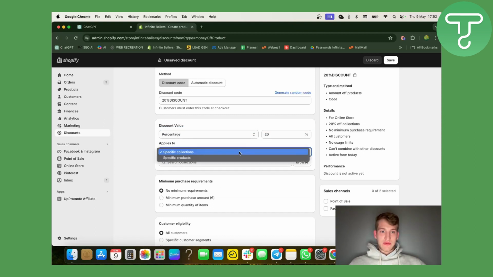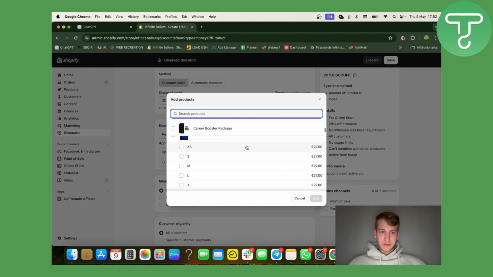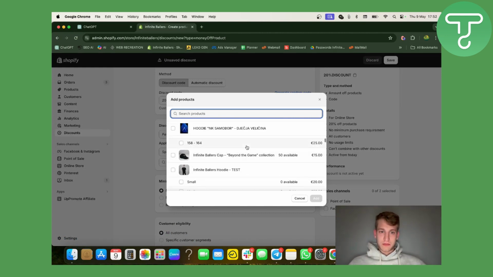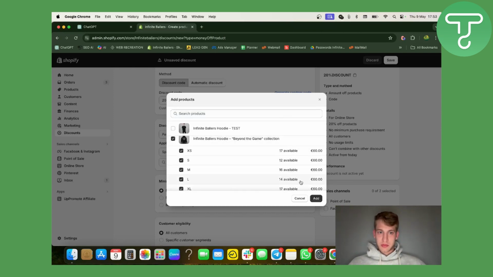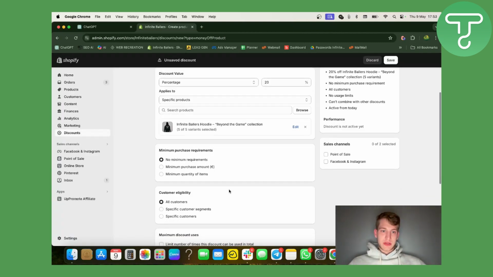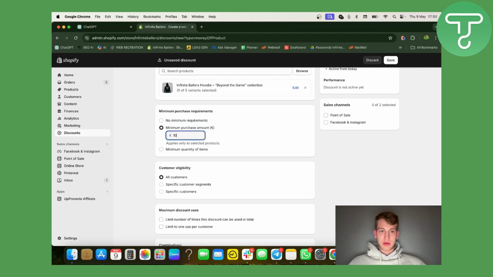We can apply it to specific collections or products, and we're going to do it for a specific product. In this case, I'm going to click browse. I'll be looking for this particular hoodie, for example, and I'll add the discount on it. Minimum purchase requirements, I'm not going to put anything here. I'll just leave it with no minimum requirements. You can put a minimum purchase amount, let's say $100, 100 euros, but we will leave it now